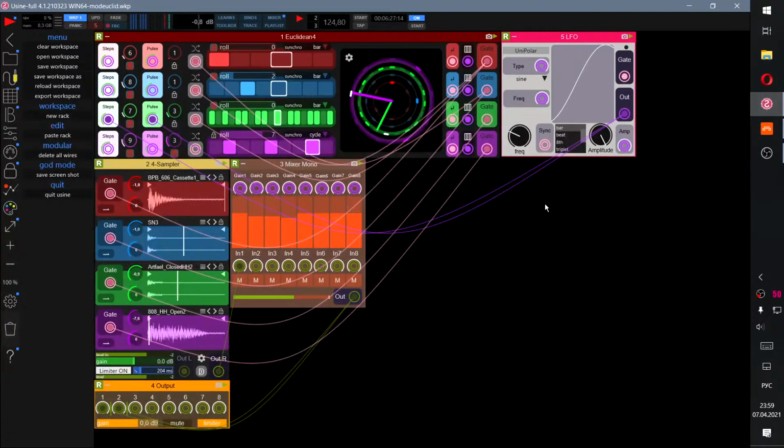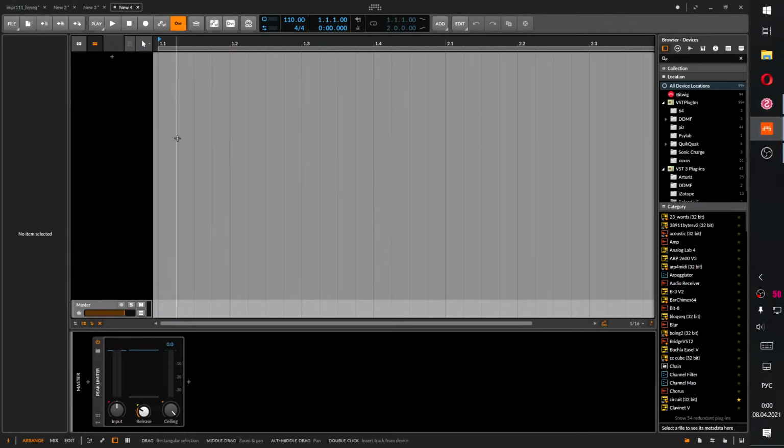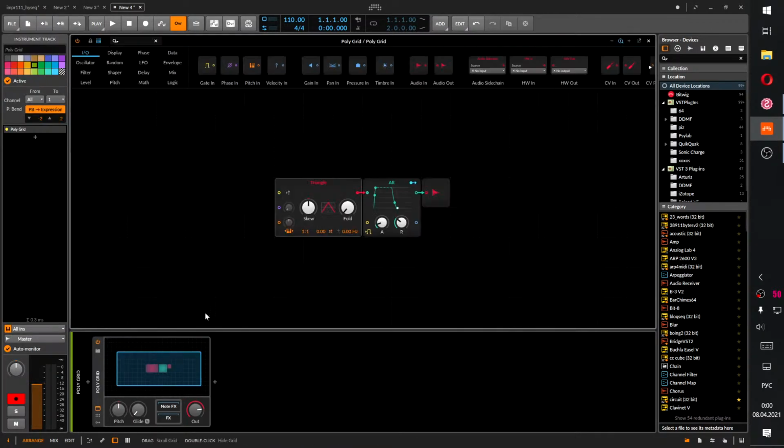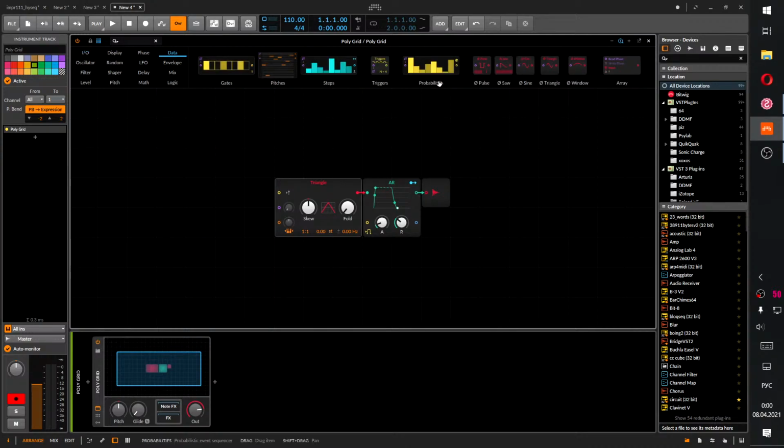And then when I want some interesting sequencing methods like modular setup and so on, stuff that you can't really do well in Bitwig's grid, because as you know, probably in Polygrid we can use all the gates and pitches, everything, and just sequence stuff within